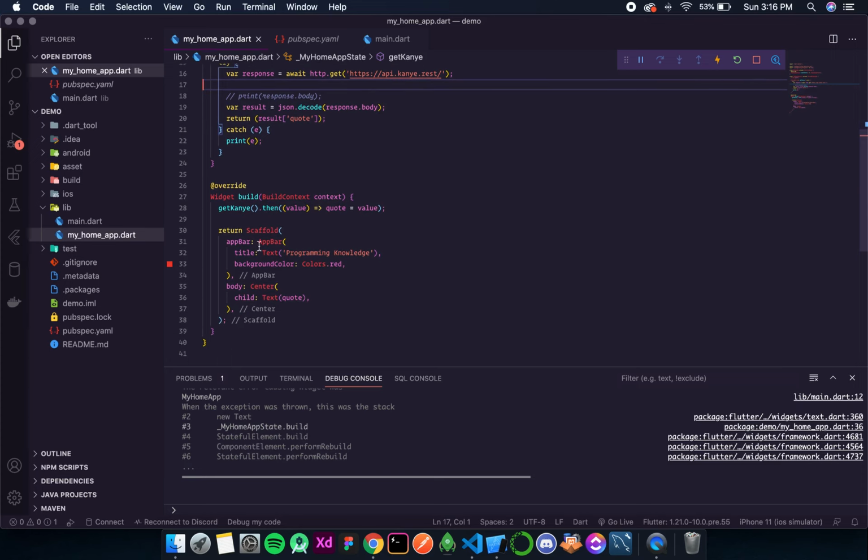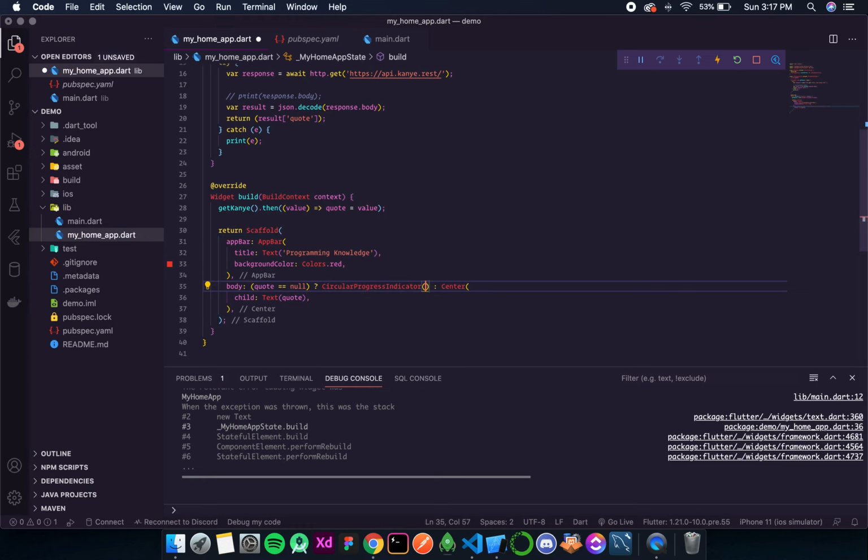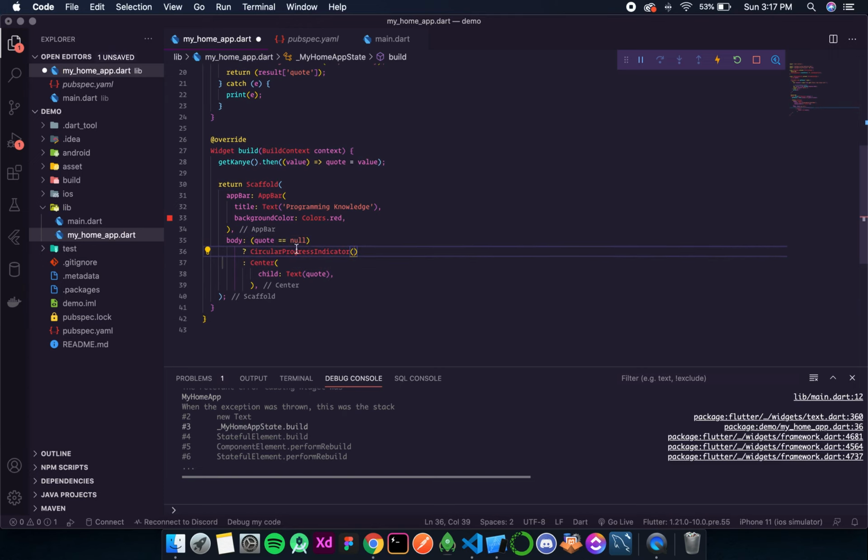So what I'll do is, over here I'll add a conditional statement. If this quote is null, in that time I want you to show a circular progress indicator, and once this quote is not null, then the quote should be printed.